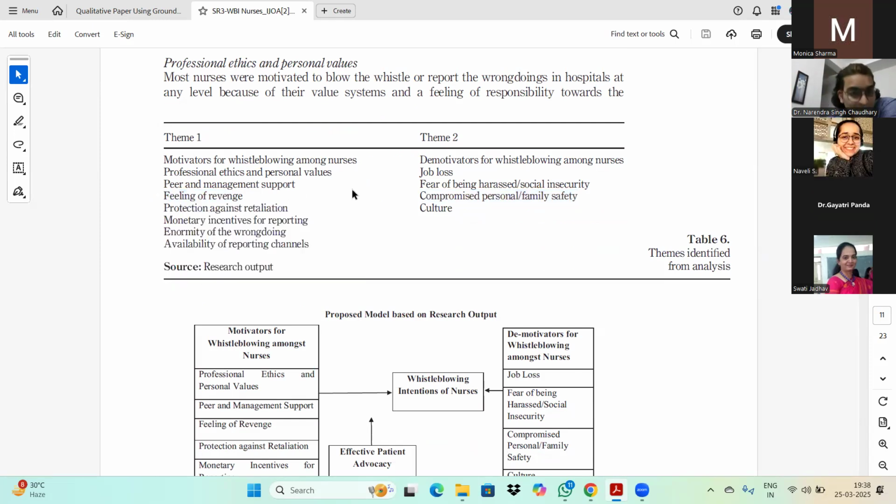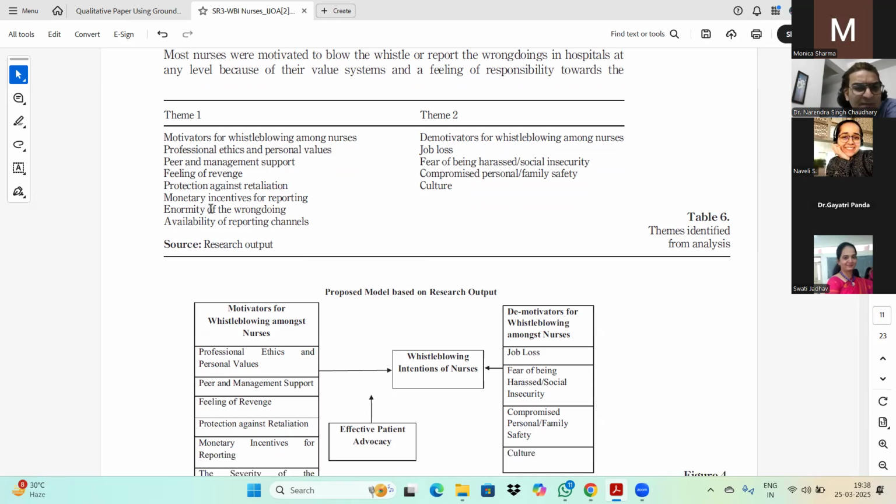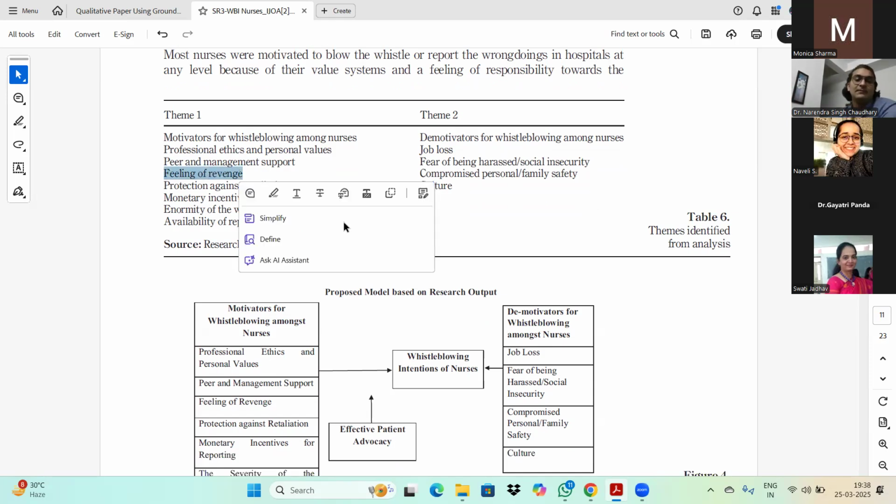तो सर थीम के अंडर जो है ये क्या आपके सब थीम्स है सर? राइट, करेक्ट। मोटिवेटर्स है, लेकिन मोटिवेटर्स में भी क्या क्या फैक्टर मोटिवेट कर रहा है हमको? यस सर। अब मैं बात कर रहा हूँ डीमोटिवेटर, ये बड़ा कॉमन है। फियर ऑफ बीइंग हरास, सोशल इनसिक्योरिटी, कॉम्प्रोमाइज पर्सनल एंड सोशल पर्सनल फैमिली सेफ्टी, तो ये कुछ कुछ लिटरेचर में मिलता है, लेकिन ये मुझे लिटरेचर में नहीं मिला है। तो दैट इज अ कंट्रीब्यूशन